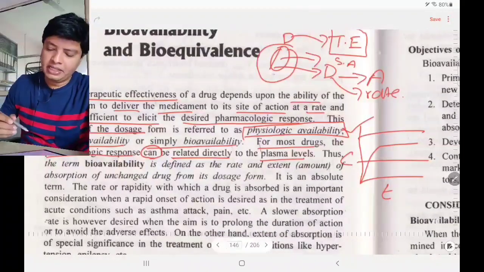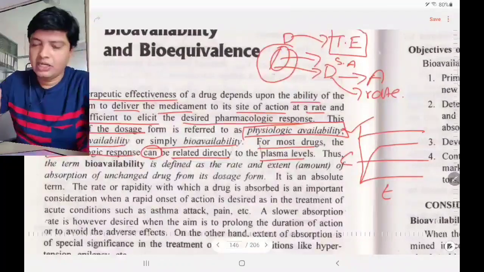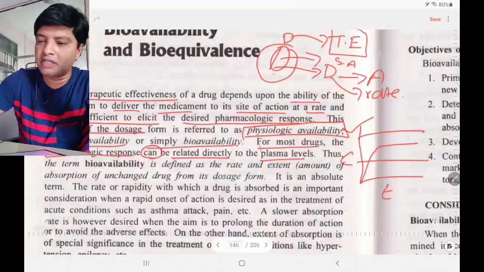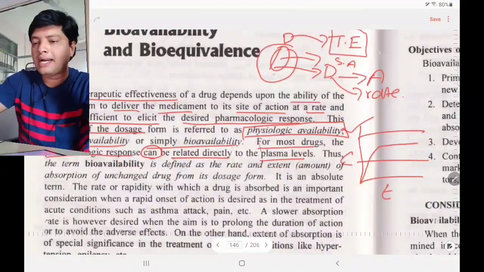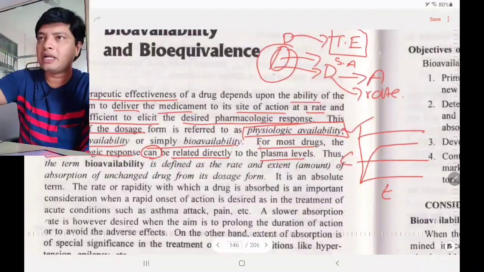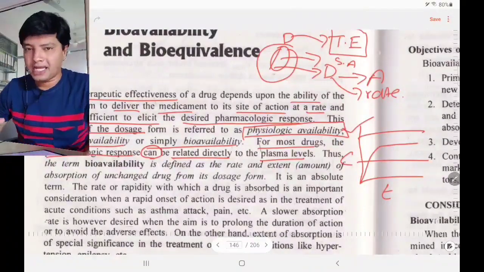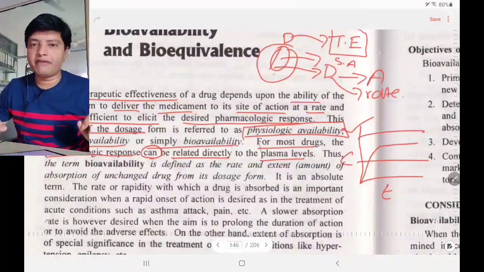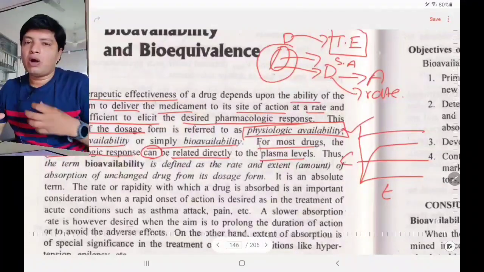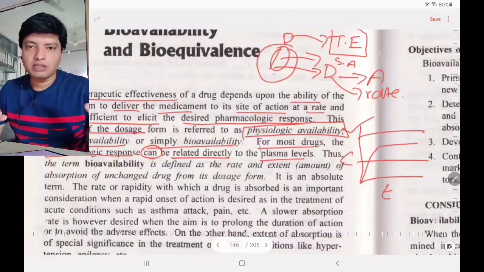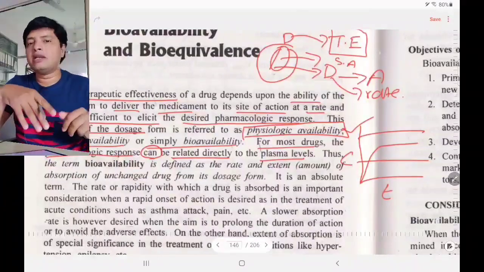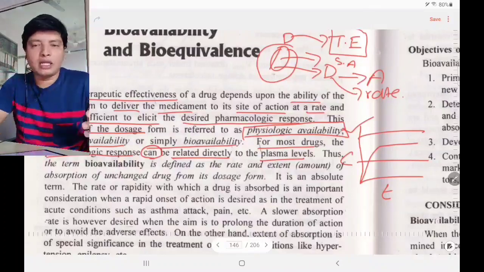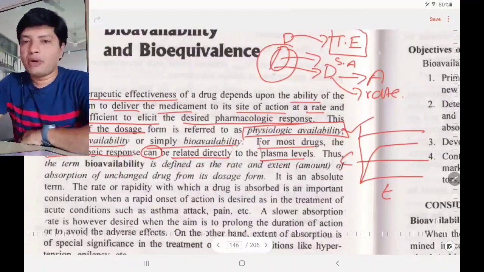Thus the term bioavailability is defined as, so now, till now we saw the introduction for bioavailability. What is that introduction? You have a dosage form, it will deliver the drug at some rate, in some amount at the site of application. From there the drug will enter and give the pharmacological action. We call that bioavailability, or you can say physiological availability. But for many drugs, what we found is, if the plasma concentration is good, then only the therapeutic effect is attained. Means plasma concentration and therapeutic effect both are correlated.